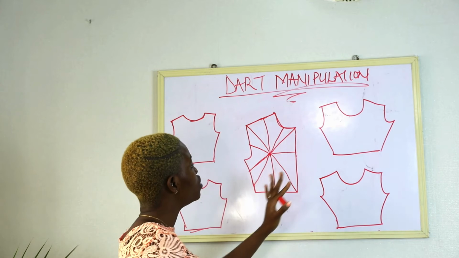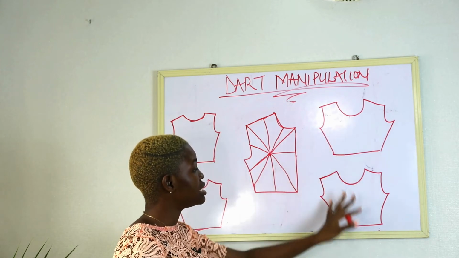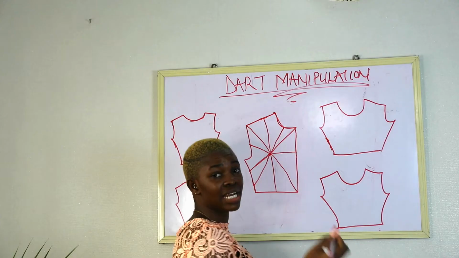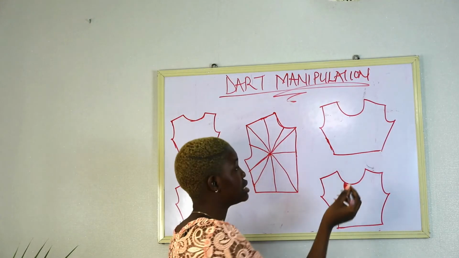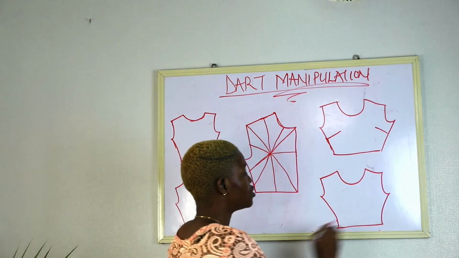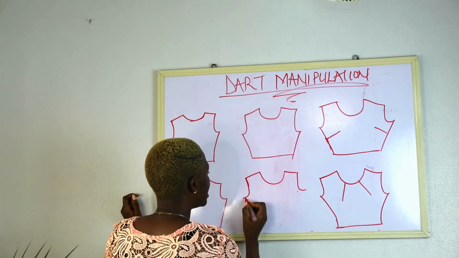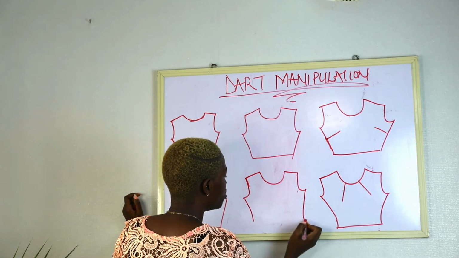So I'm going to make an example of each of these darts on the bodies I have on this board. So let's say I want to have a bust dart, which is also called French dart, like this. Let us also try a mid-neck dart. And also you can have your dart asymmetrical on both sides.